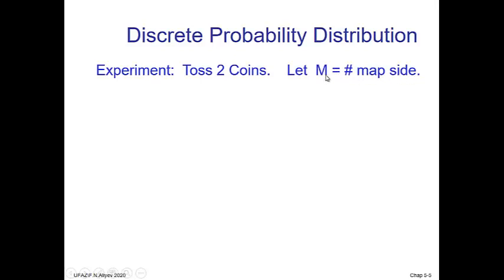Let M represent the number of heads that come up. Here M is a variable because it will have some values, and I think that it will be discrete. Why? Because of this number value, of course it will be just integer numbers. That's why this is a discrete